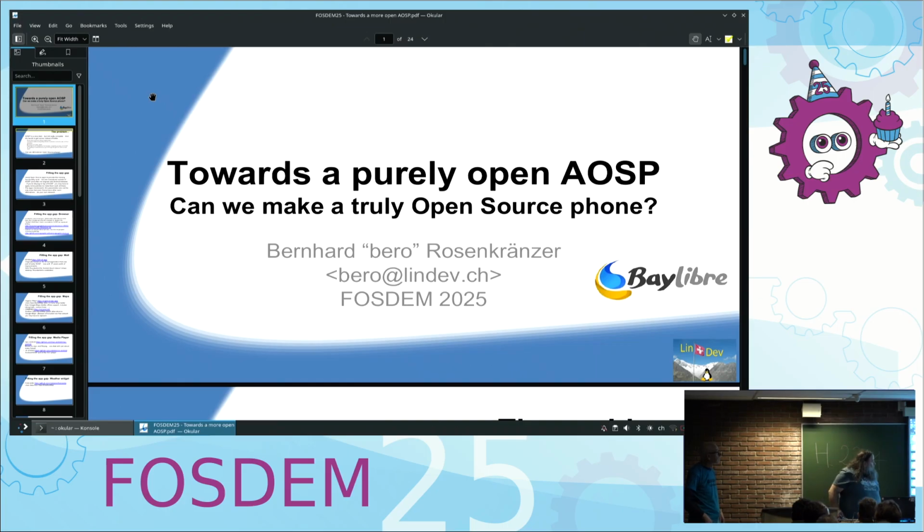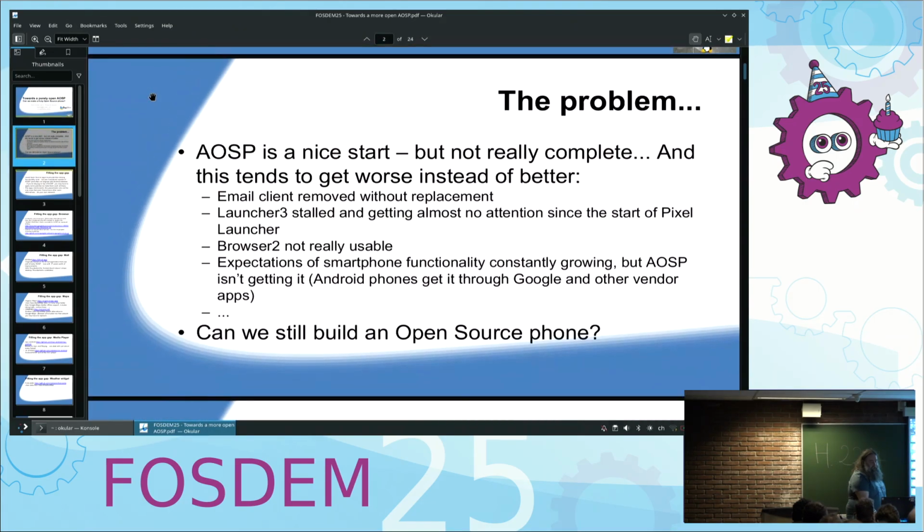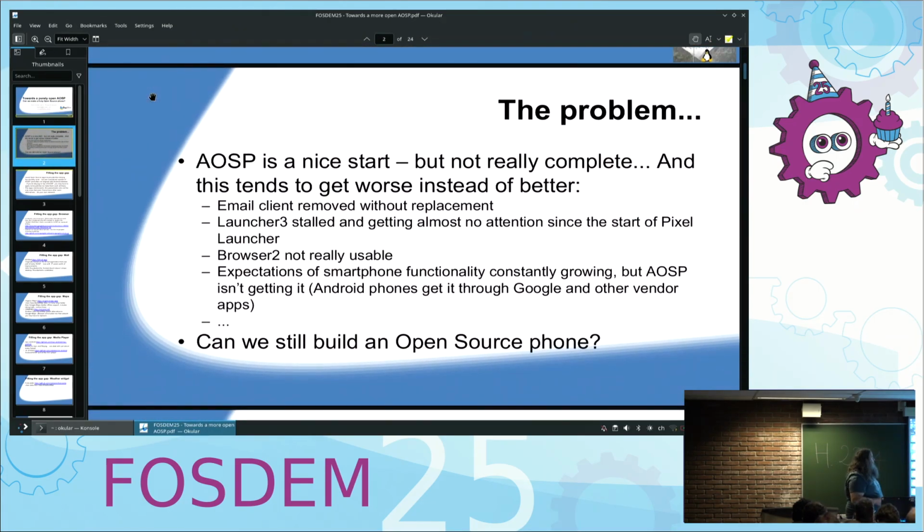Okay, so next we are looking at moving towards a purely open AOSP. As you've probably all seen, there are always some components of AOSP that are not really quite open, and that is something we should really be trying to fix. So AOSP is a nice start, but it's not really complete, and unfortunately this even tends to get worse instead